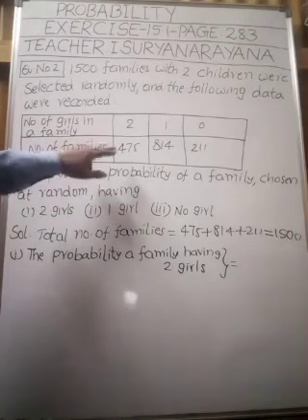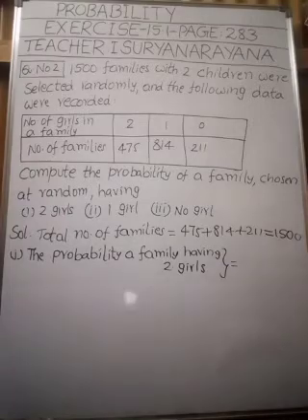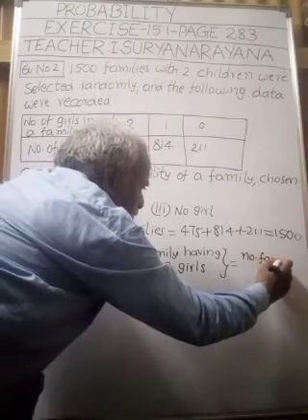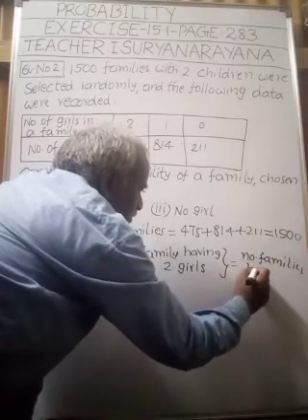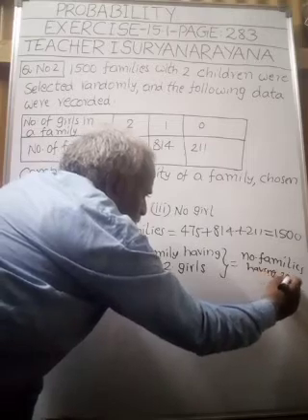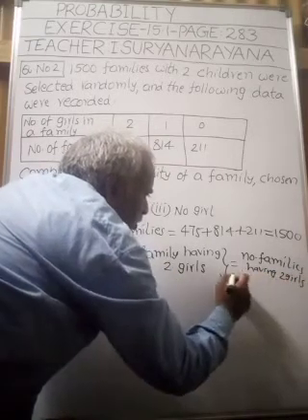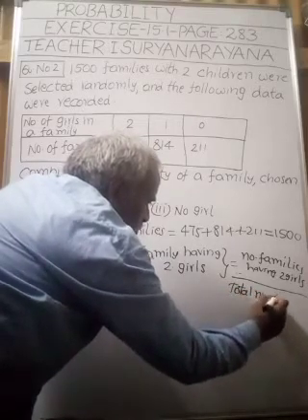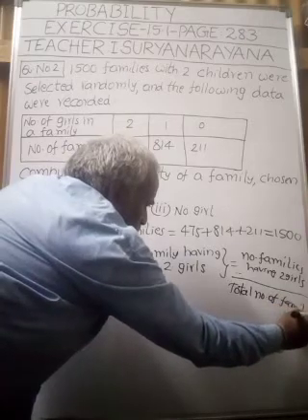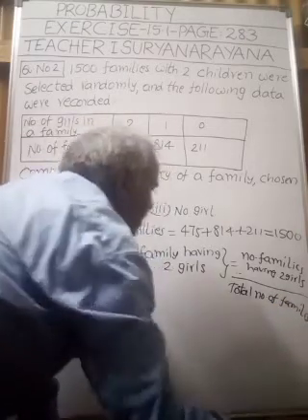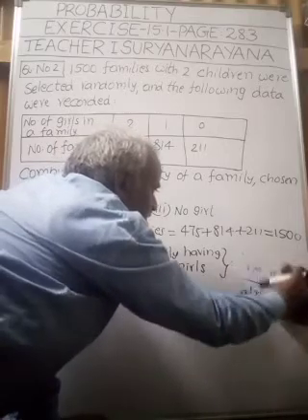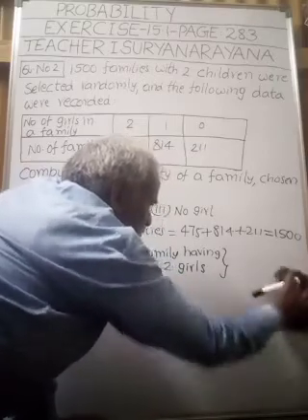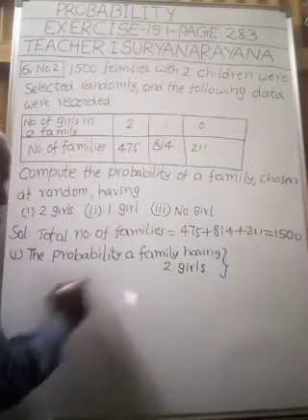How many families are having 2 girls? 475. Yes or no, my children? So, number of families having 2 girls whole divided by total number of families. That is equal to number of families having 2 girls whole divided by